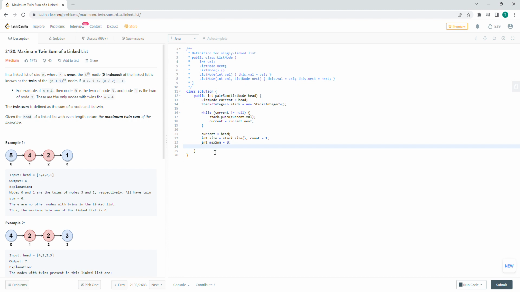So next thing we want to do is do another while loop. This time we do a while loop checking for count is less than the size divided by 2. So basically the count has to be less than or equal to the size divided by 2, and then we could update